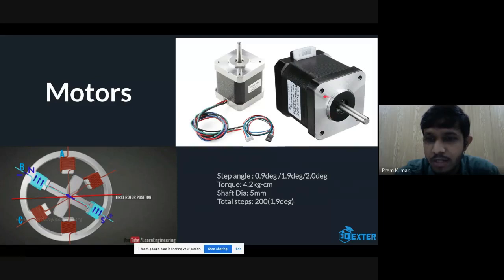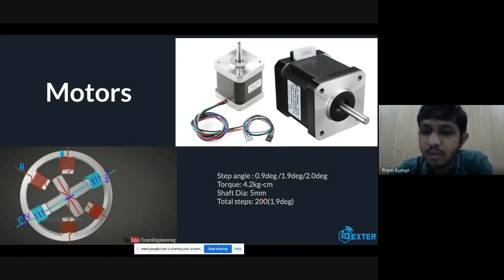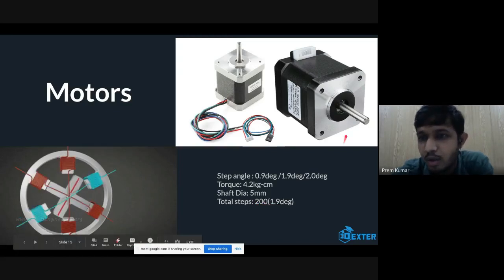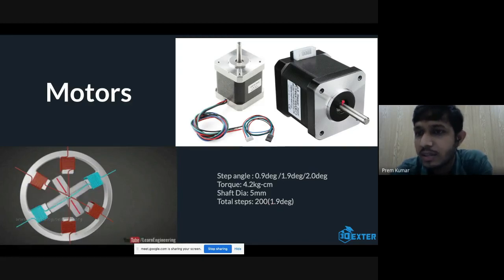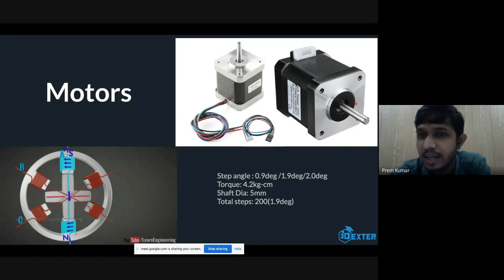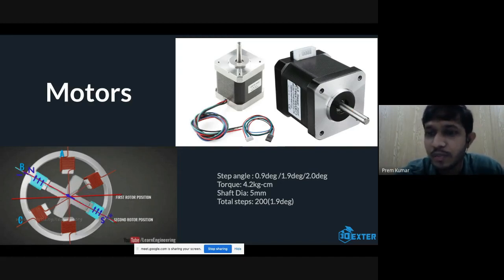So with a 1.9 degree minimum step angle, to rotate the shaft through 360 degrees, we have to rotate in 200 independent steps. So the rotation of the shaft will be step-wise. It's not a continuous rotation. There will be a very little gap between each step when it is moving. So you can move it 10 degrees, 20 degrees, 30 degrees, like that. It will stop once it moves to that position, and it will be locked. It kind of brakes. It will lock in that position.